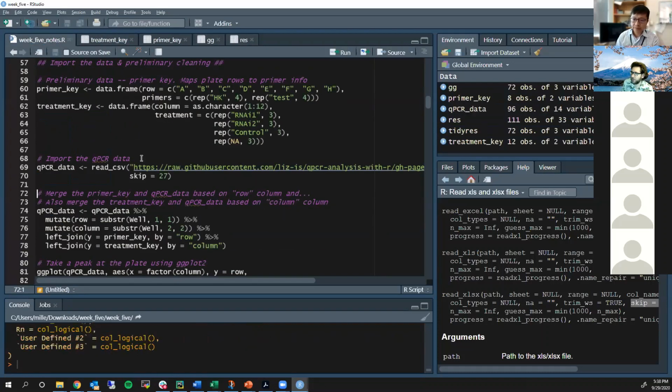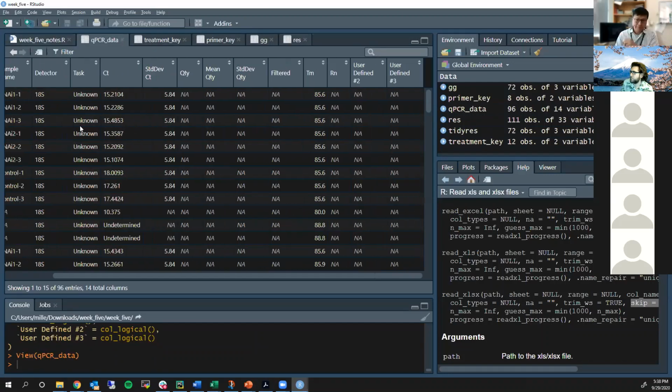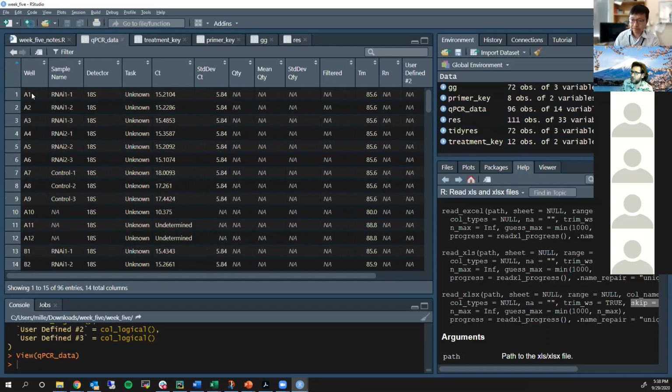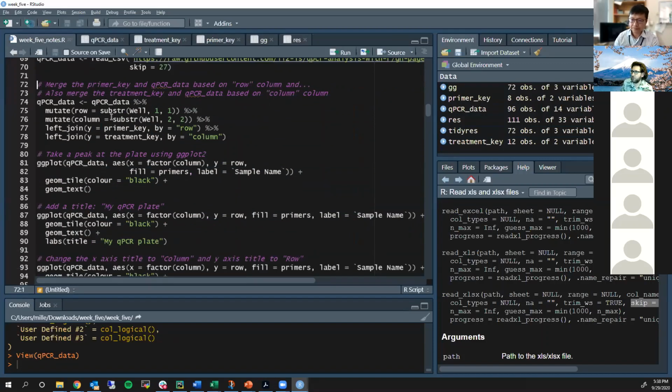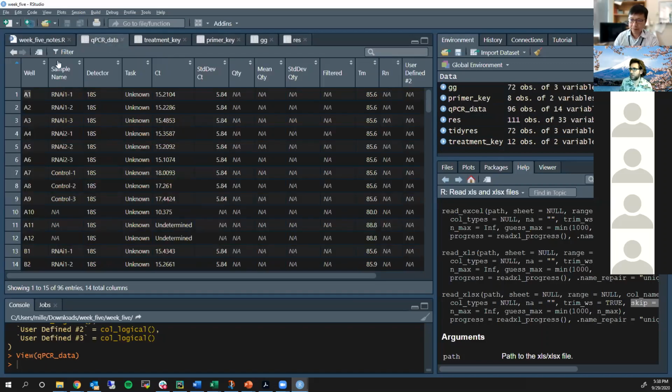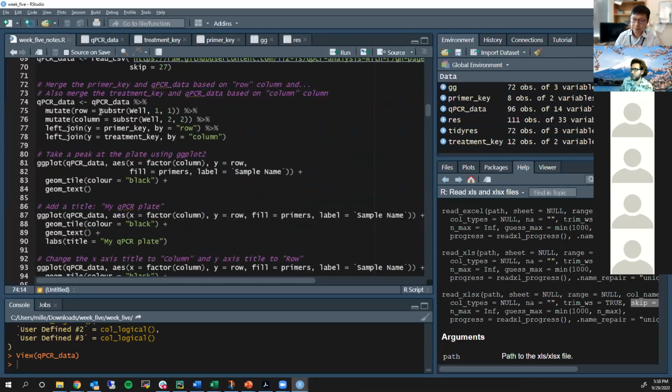So when we load in the data, we can see it here. It contains all of that information, and it also contains the wells. The first thing I do, and I'm just going to really briefly walk through how I did this, is I want to take the wells and get the row from this. So the row, of course, is the A, B, C, D, E, F. And then the column of the 96 well plate is the 1, 2, 3, 4, 5, 6, 7, and so on and so forth. So to get the row and assign it to a new column, I use the substring